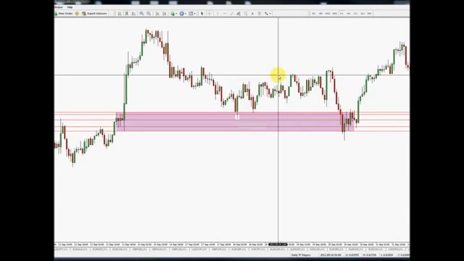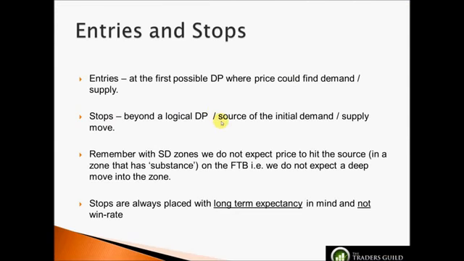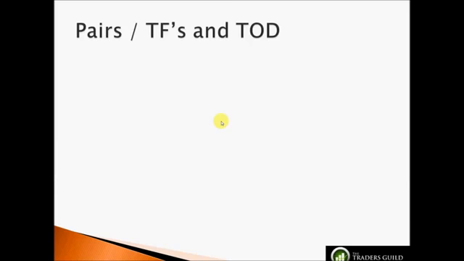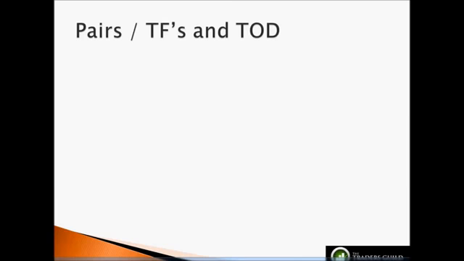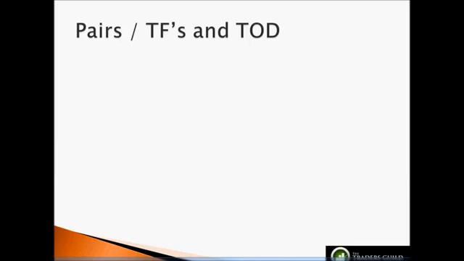Just wrapping up now. So the last thing I wanted to talk about was pairs, timeframes, and time of day. Now, I would trade any pair within reason, and any asset class within reason, but you've got to consider two things. You've got to consider liquidity, and you've got to consider spread. Okay, if I'm trading M5 on something exotic, say, I don't know, dollar versus Mexican peso, or for example some exotic pair where the spread is quite high,